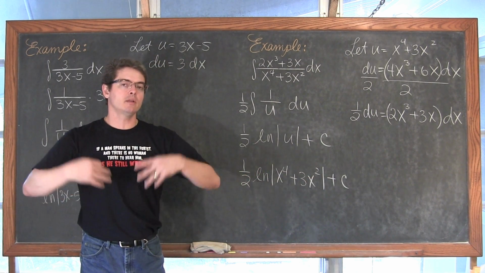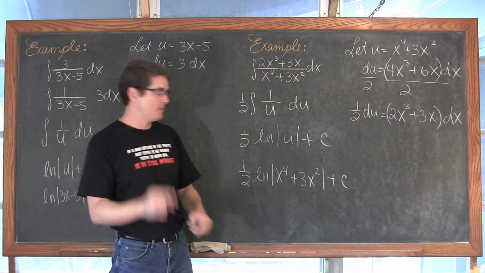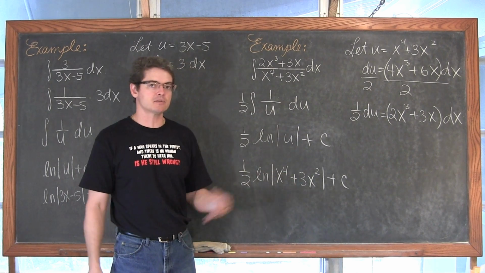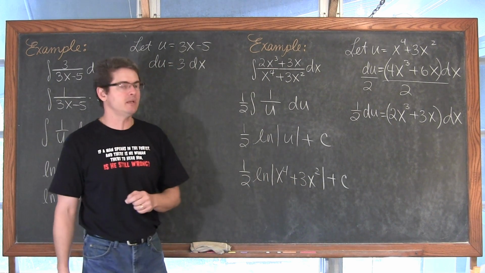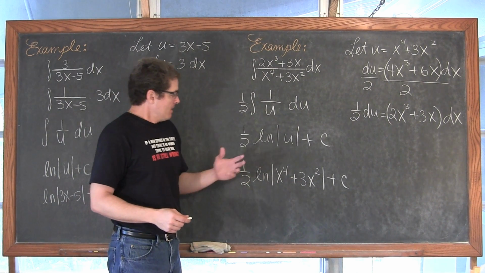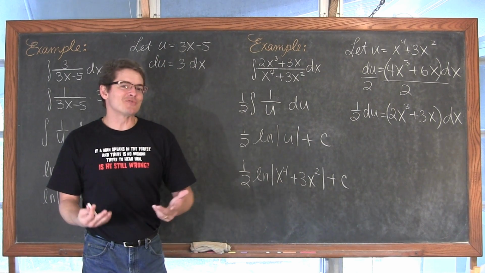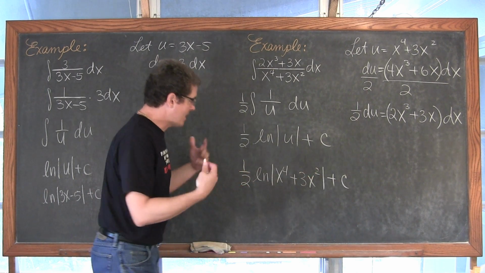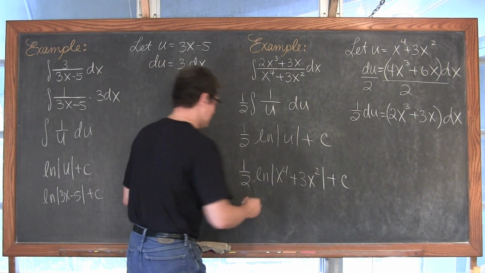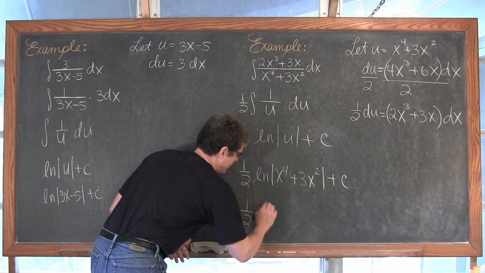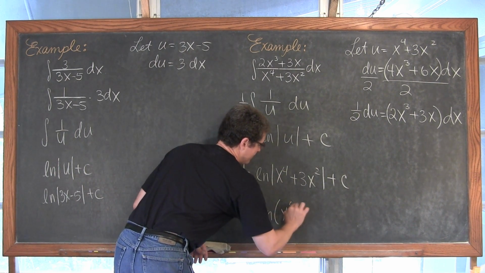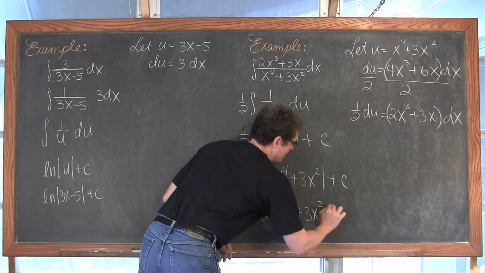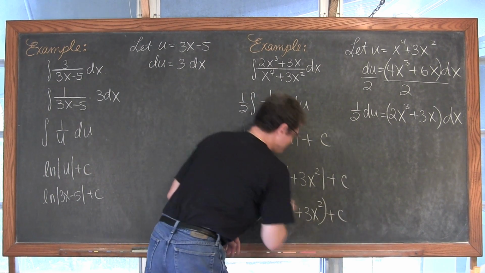Now, this term has an even power, this term has an even power, so even if I allow x to be a negative number, that negative is going to be canceled out, and between these two terms is a plus sign. So really this expression is never going to be negative. So depending on how your teacher wants you to write the final format of your answer, because this expression never can be negative, just go ahead and write 1/2 the natural log of x to the 4th plus 3x squared plus c.